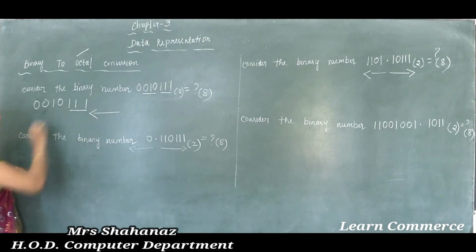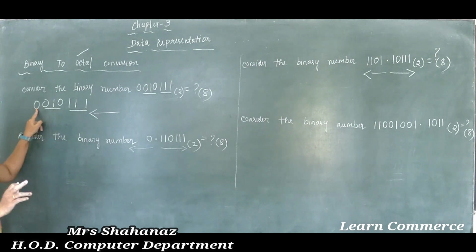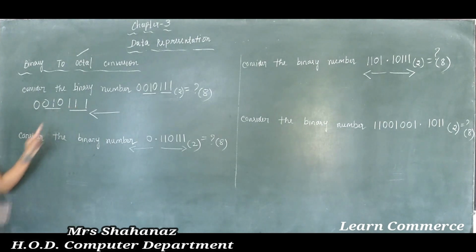So here 3 bits, and later 010 is 3 bits. Now 111 is 3 bits, 010 is 3 bits here, but now just 1 0 is left, correct? No, the 0 value is left here. So how to complete? We can say that for whole numbers, what do you mean by a whole number? When you complete one group of 3 bits, that is called a whole number.